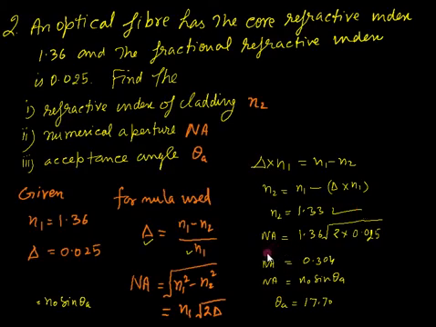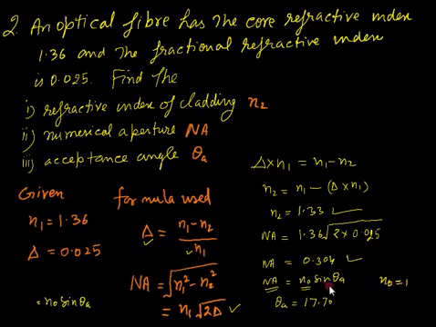Delta and N1 values are given, and by application of that we get N2 equal to 1.33. Now the numerical aperture, I am using this formula, N1 is given, delta is given. By putting that value, numerical aperture is of the order 0.304, and theta A is the acceptance angle. If you know numerical aperture, then you can find out theta A by taking the sine inverse of numerical aperture, keeping in mind that your optical fiber is in the air. That's why N naught is equal to 1.